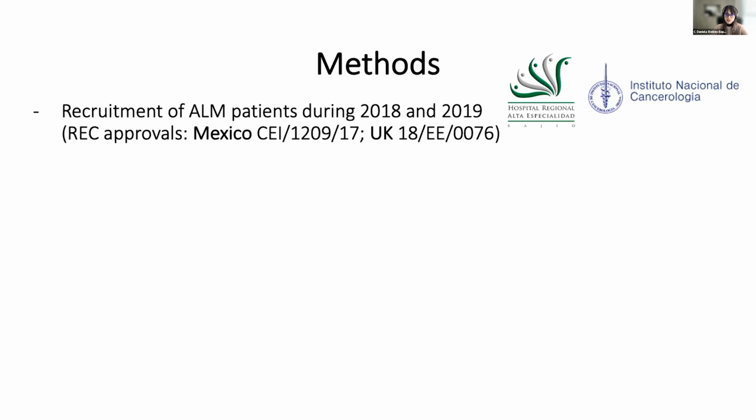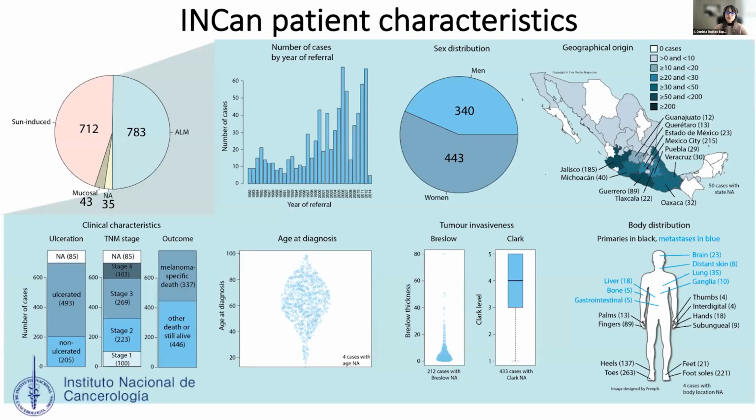Now I'm going to show you the patient characteristics at INCAN so you can get an idea of the population that we're targeting. In this hospital, and in accordance with the map I showed you earlier, about half of the melanoma cases are diagnosed with the acral lentiginous subtype. Here you can see other characteristics of these patients as well. There are slightly more women diagnosed than men. Most of the patients come from the south of the country. This may just be because of the proximity of Mexico City to the states, as I'm showing here where Mexico City is. The majority of these patients arrive with a late stage of disease.